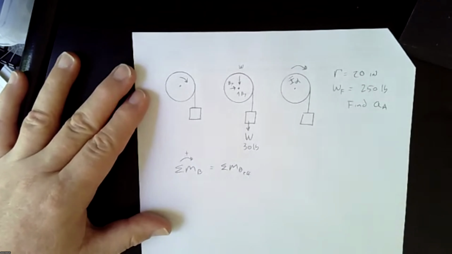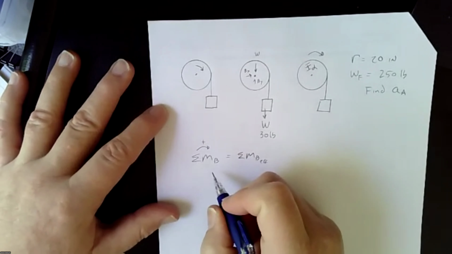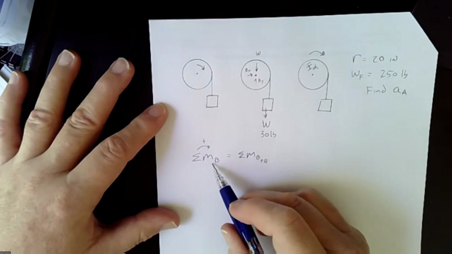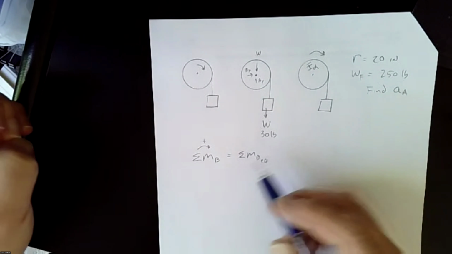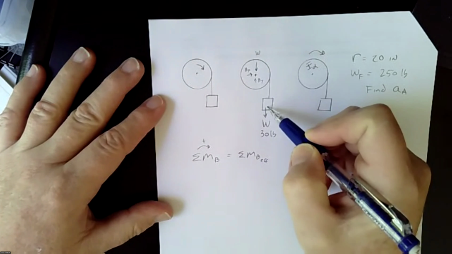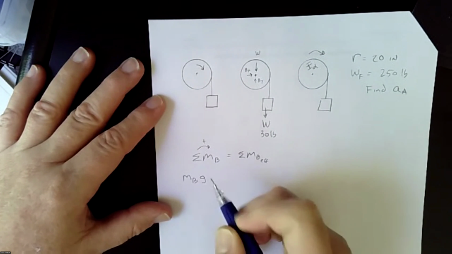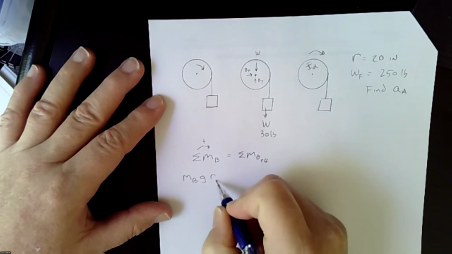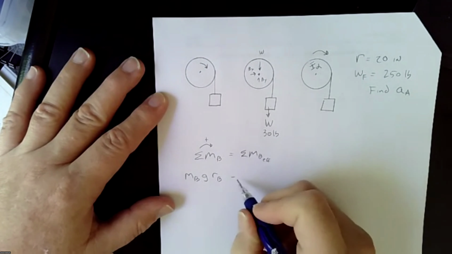First off, what moment about B is even created? That's what you have to look at. The only moment that's created about that center is the weight. So we have the mass of the block times g times the radius, and that is going to equal